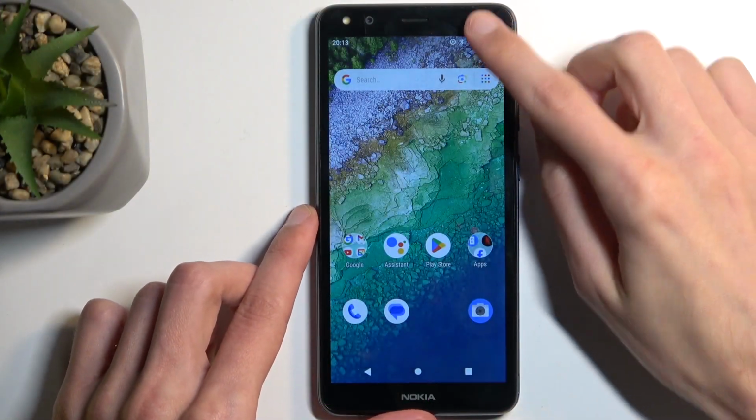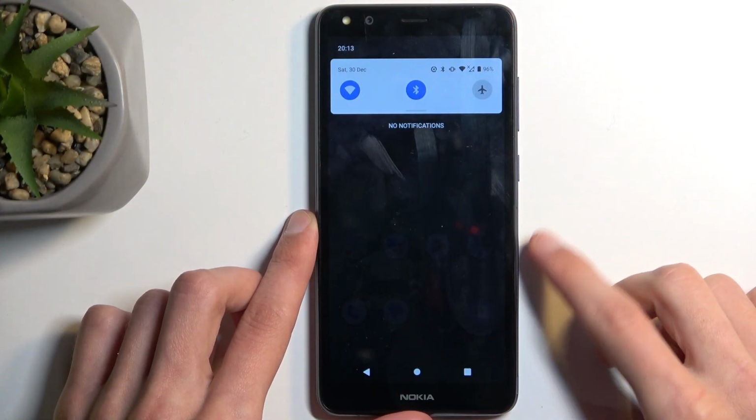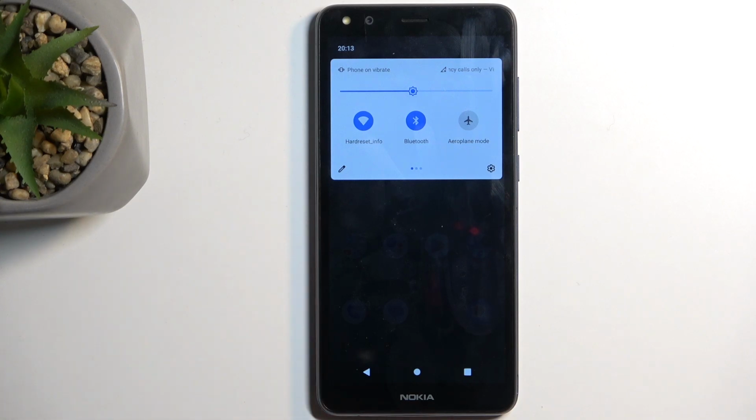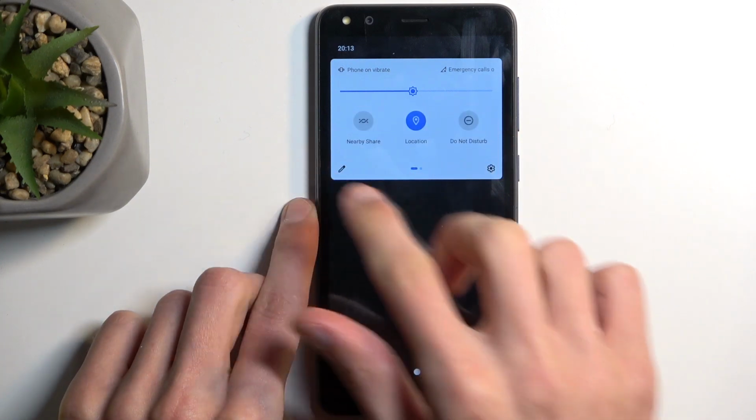So to get started, you want to pull down your notifications by swiping down from the top of your screen and then swipe down once again to extend the list of toggles. Now on one of the pages you should be able to find portable hotspot. If you don't see it on the first one, you can swipe to the left and this will show you